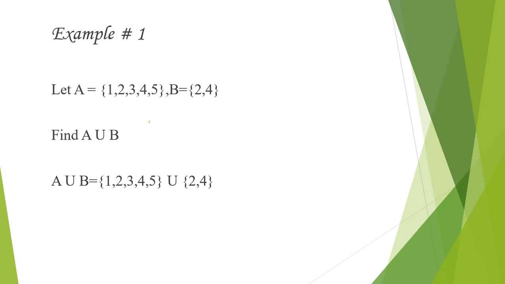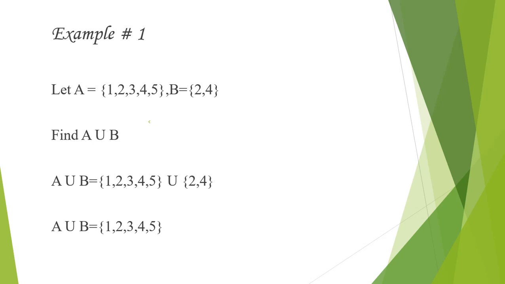Now what will be the answer then? How will we unite them? See the answer. That is 1, 2, 3, 4, 5. Girls, see that in set A and set B, we are having 2 and 4 twice. As I have explained to you in the definition of set, distinct objects. What does distinct objects mean? Yes, we are not going to repeat the same elements again and again in a set. 2 and 4, they are there 2 times, so we are not writing them 2 times. We have just mentioned it